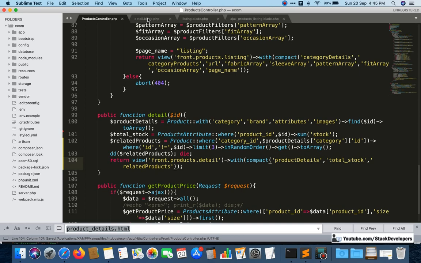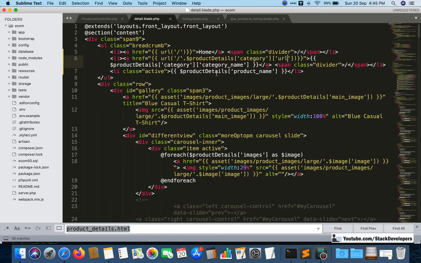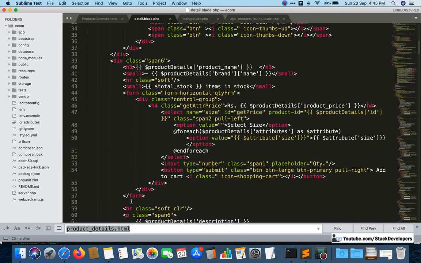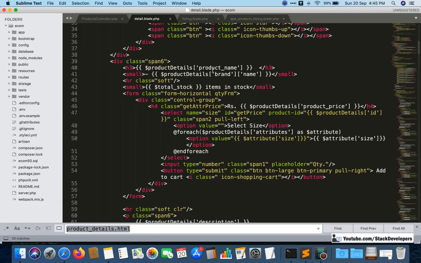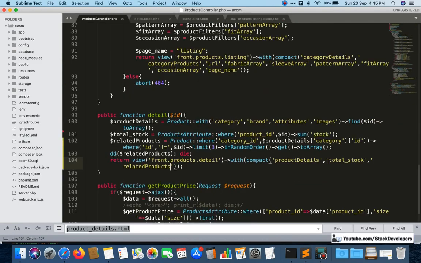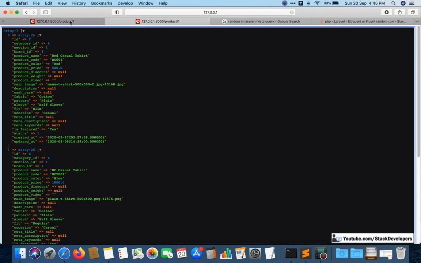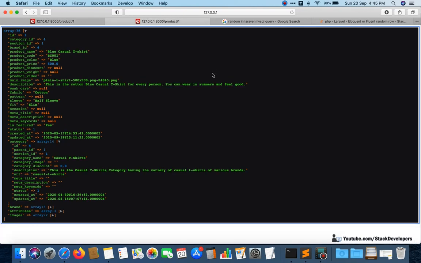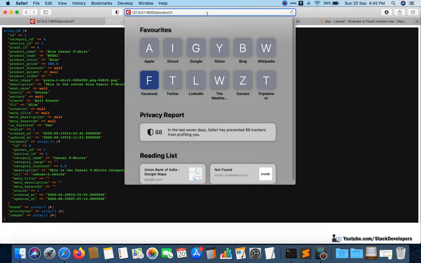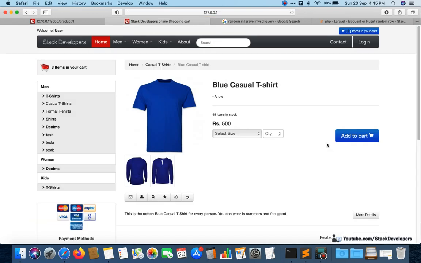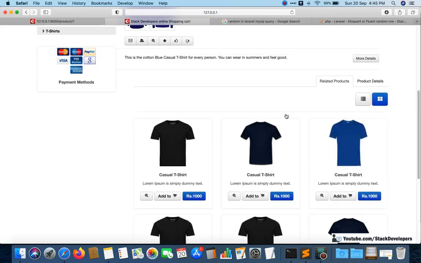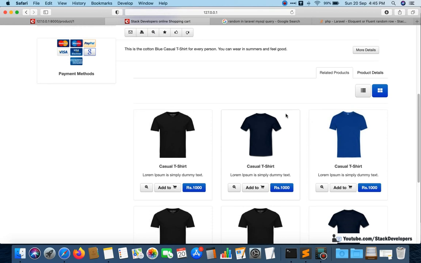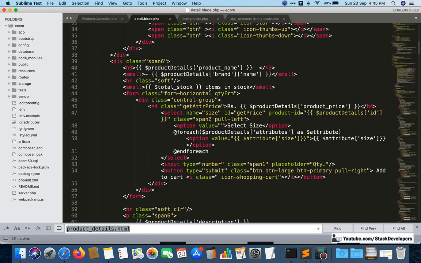And now we will add the foreach loop in the detail blade file where we are displaying this. So I will make it like this, and here I'm going to refresh. So I am going to display related products dynamically in a foreach loop.